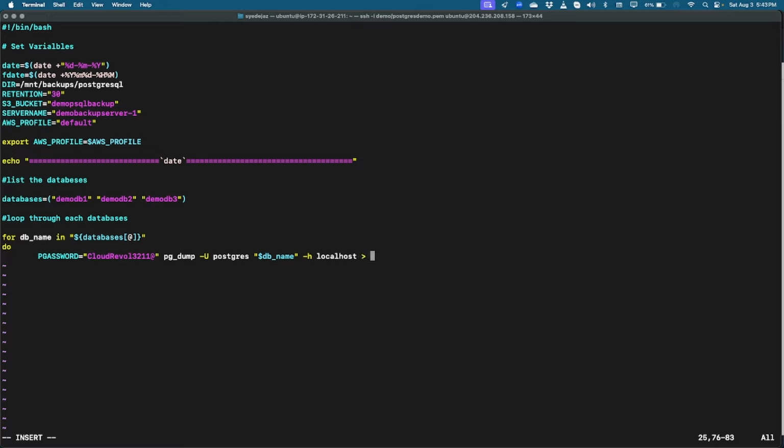Greater than sign, and let us start $DIR, it's capital DIR, in the directory slash $db_name dash $date dot sql, quotation close. Okay, there is no hash sign, we need a dollar sign. Okay, now